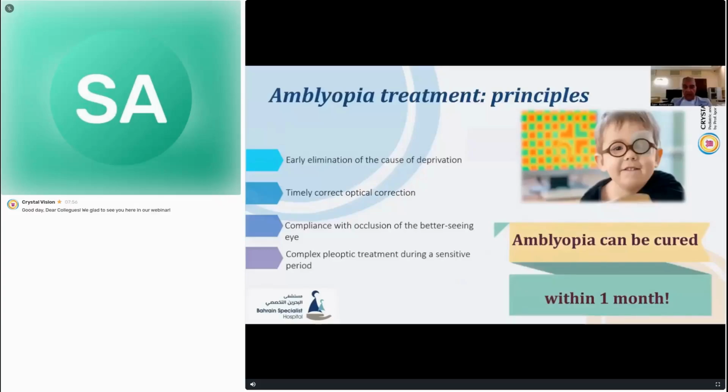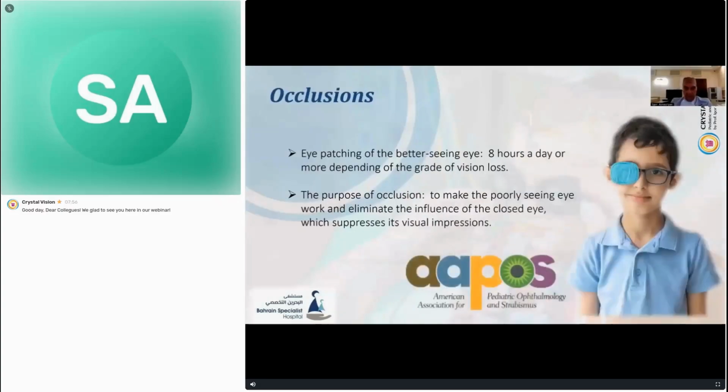The principle of treating amblyopia is presented here. We believe that we can cure even the most complex case of amblyopia within 1 month if treatment is started in a timely manner. This comprehensive approach to optical interventions is very important. It's not just ordinary occlusion or deprivation. It's not only the correct correction of optical ametropia, but also appropriate stimulation, proper diagnosis of the type of amblyopia, and accordingly the correct stimulation, as well as differential diagnosis with the possible presence of partial optic nerve atrophy.